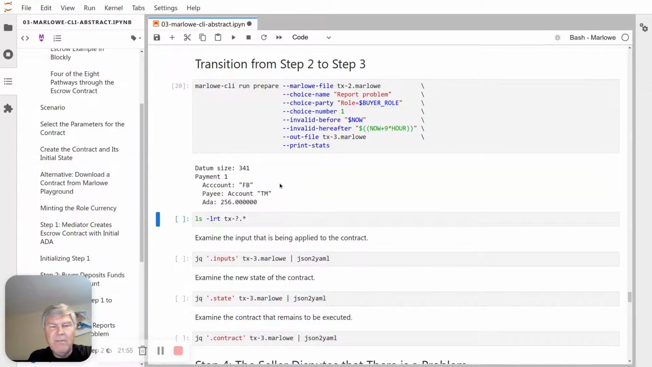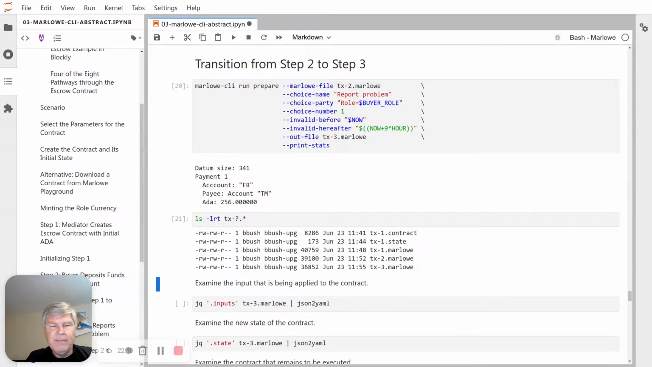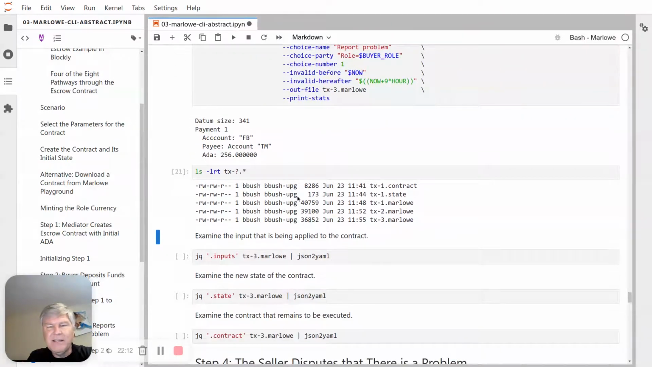So we're basically paying from one account to another this 256 ADA. This is what we looked at in the diagram before, but this is how it actually is reported by the CLI tool. So we've got more files. This TX3 Marlowe, still getting a little smaller because we have a smaller contract. We will